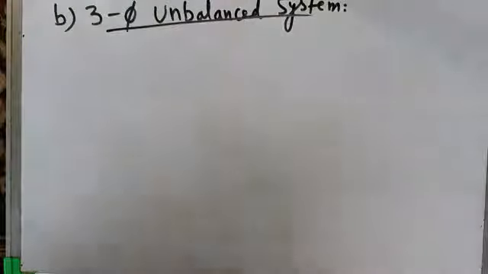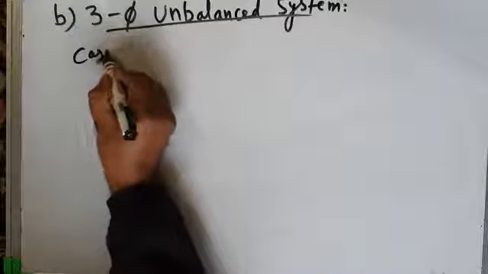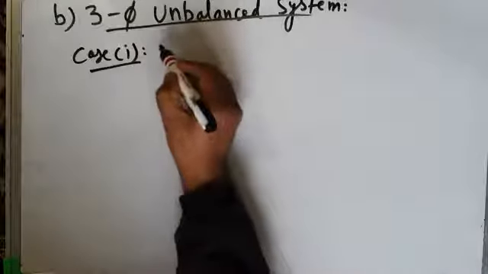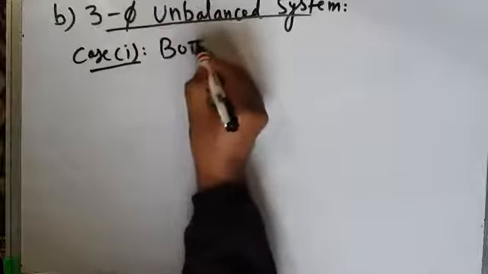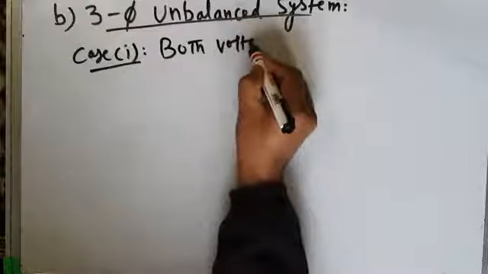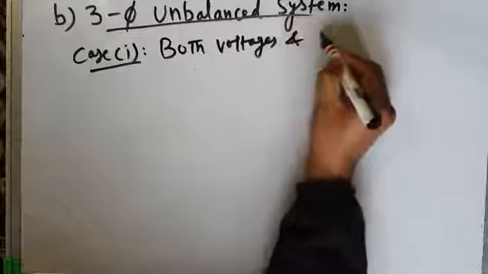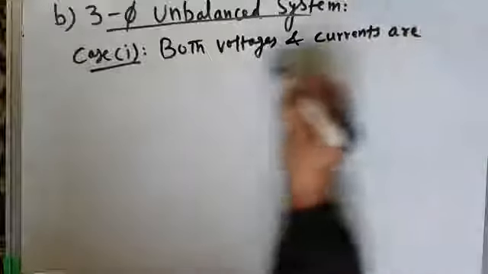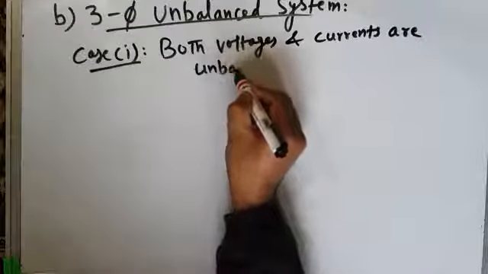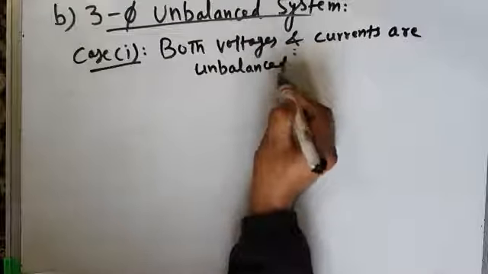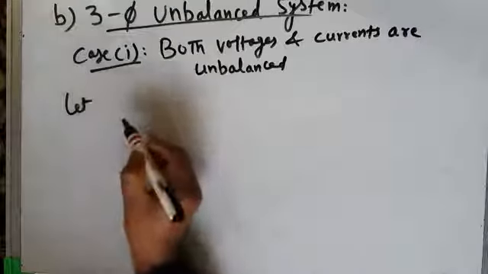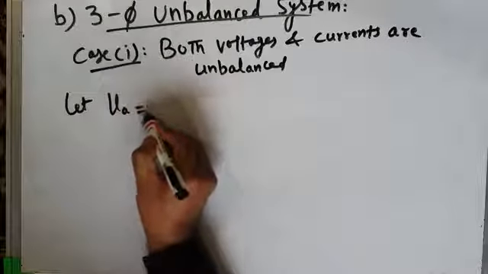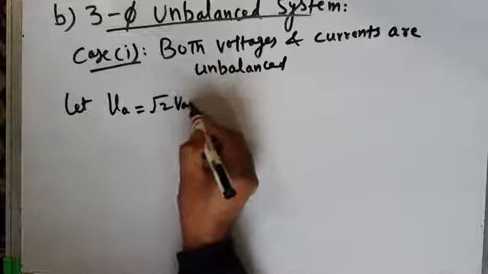So here we will take two cases. Case A or case 1 will assume that there is unbalance in both voltages and currents. That is, both quantities are unbalanced. This is the first case. Okay, now let us assume the three-phase voltages are given by vA is equal to root 2 VA sine of